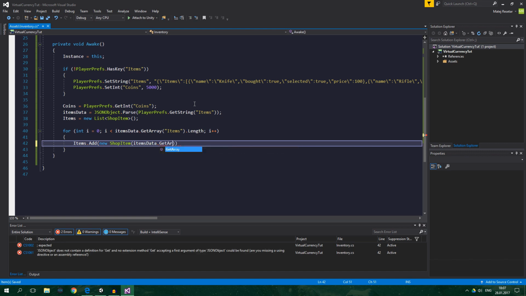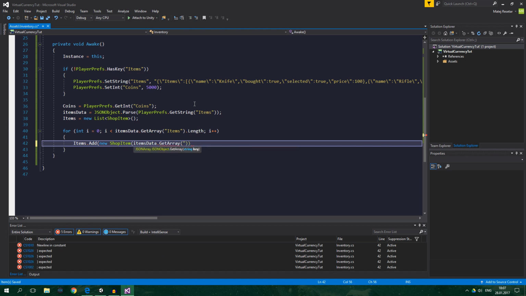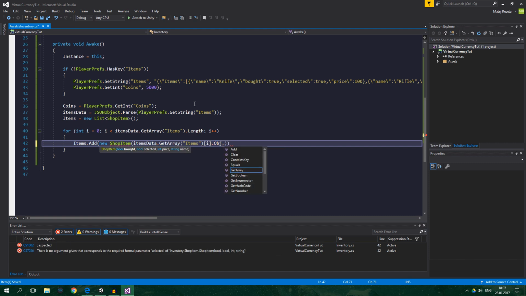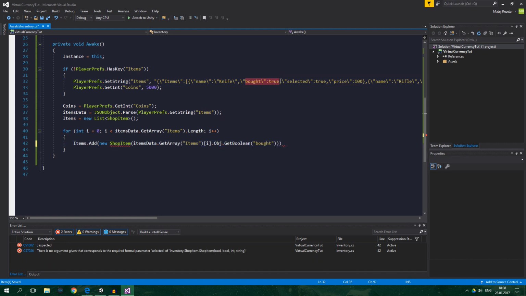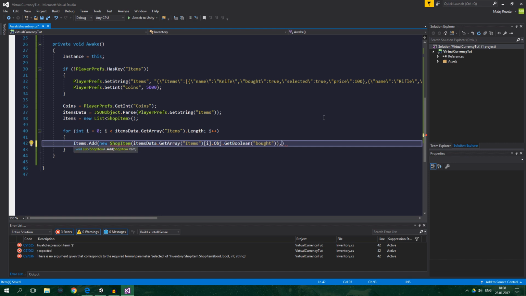So get array with key of items, and on the index I dot object dot, because this is getting us an object and we want to get a boolean from that object, and the key of this boolean should be bought. All right, because we want to get this from here. All right. So bought, then